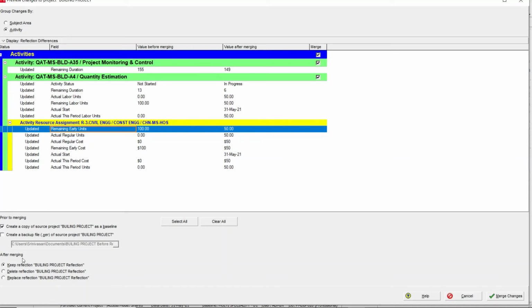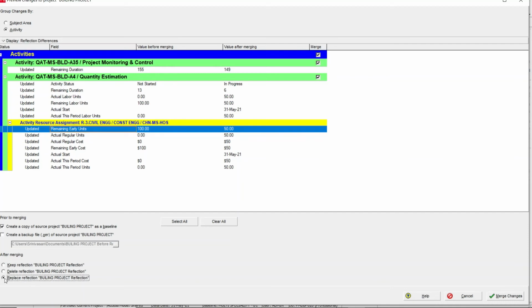Then after merging, what you need to do with the reflection project: keep the reflection project, delete the reflection project, or replace the reflection project with a new reflection. After you update the source project, it will create a reflection of the source project again. Which option you want to choose, you can choose here.